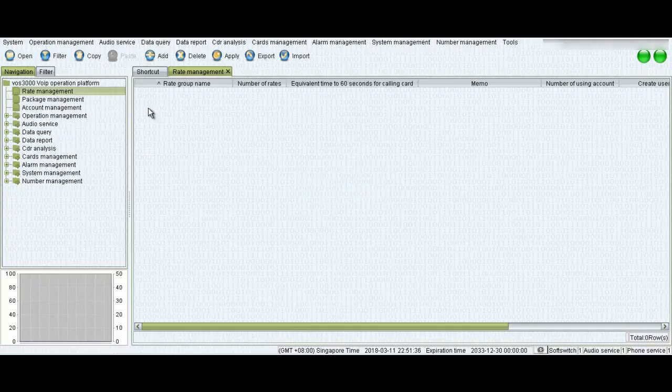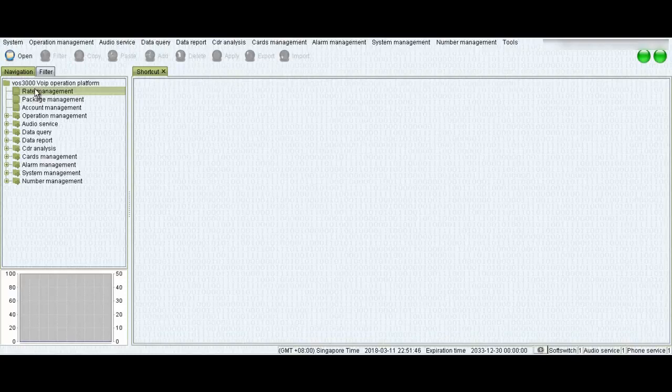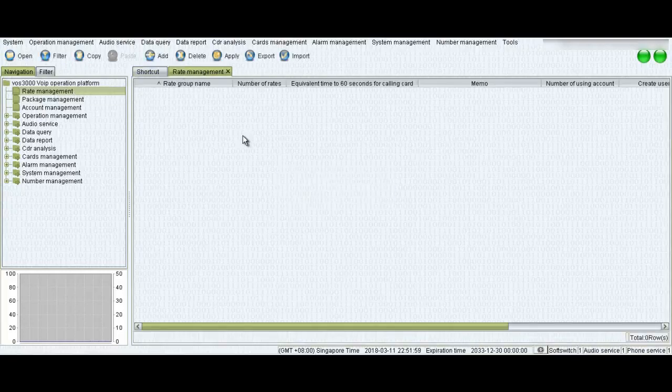I would like to give you a brief introduction of this bar that we have on top. First of all, let me close it. If you click on any of the options on your left side and you click open, or you double click on this option, you will open that rate page.